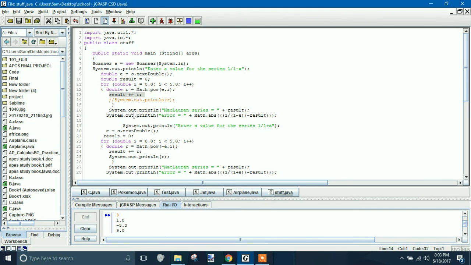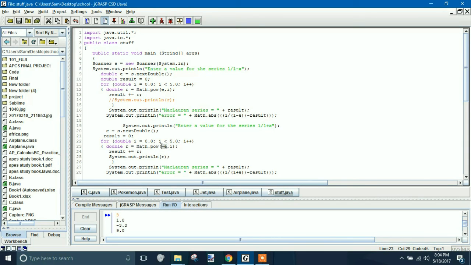It then prints that, and of course we then print the error, which is equal to the actual value of 1 over 1 minus the number we submitted, minus the result to give us the error, which is why we got an exact error. Next, the program runs through the variation of double, again storing our value, the thing we submit, at e, setting result back to 0, and it has another for loop running from 0 to 5, last run being on 4, where it has the variable r being